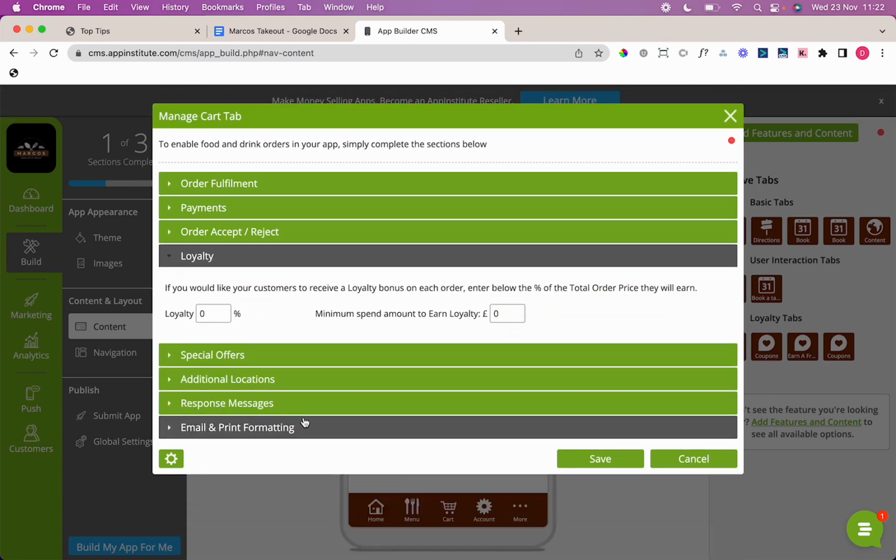So loyalty then, so I mentioned earlier we've got a really nice loyalty option at AppInstitute. So you can set a percentage of the amount spent to go back as loyalty credit. So I said earlier that I wanted to do 10% loyalty credit back when they spend a minimum of £10. So spend a minimum of £10, and then you can obviously do your 10% loyalty there,